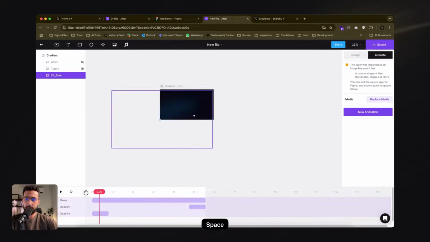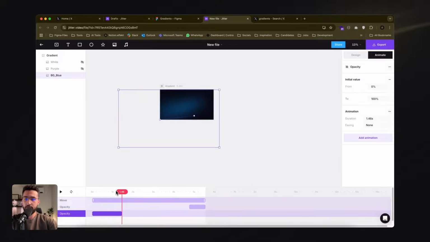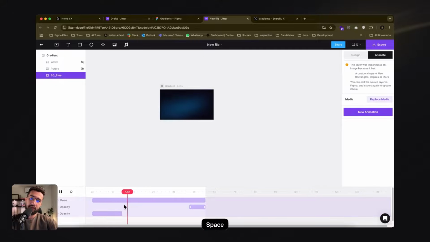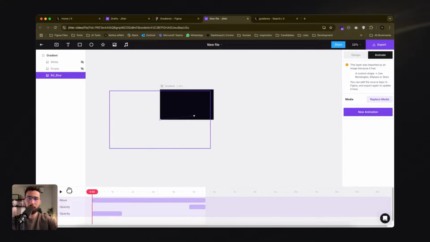So that's what you see appearing. So it's appearing and it's moving, and then it's disappearing. It's appearing, it's moving, disappearing. So that way we're really creating this seamless loop. However, I really dislike the fact that the end state is just a completely dark